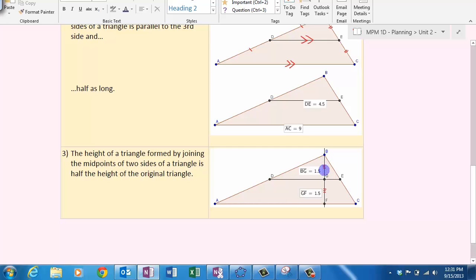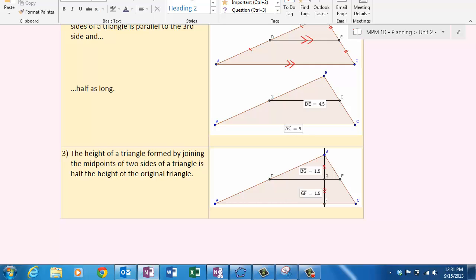So this height here, BG, is only half the distance of the original height, BF, because it intersected the midpoint line segment DE, and that point G is halfway between B and F. So hopefully you can use these key characteristics of midpoints in triangles to help you figure out geometrical measurements when you see midpoints in